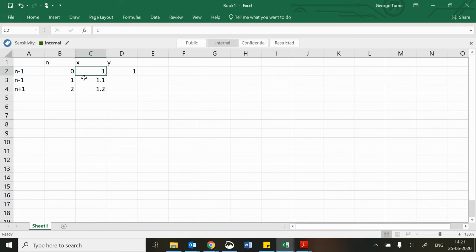We were told that when y was 1, x was 1, or when x was 1, y was 1. So there's the coordinate point which I've just put in, and I've just put in the first couple of steps. I can see that we're going up in 0.1, so I've just put in the first couple of x values there. For y, we're going to need to build this formula, and the formula was the previous y number, so in this case that's in D2,